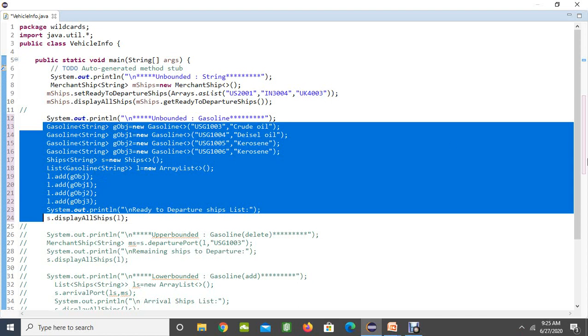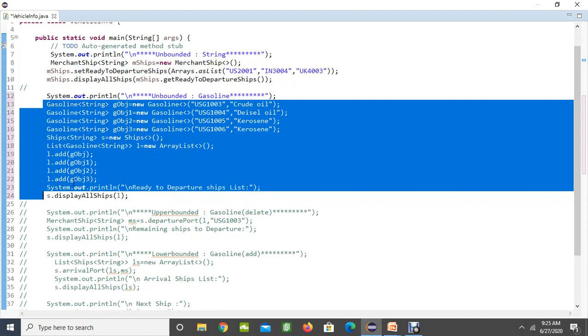Finally I am going to pass that list to my display all ships method. Earlier we simply passed strings, but here I am passing all 4 gasoline objects. So this is our generic concept, right?